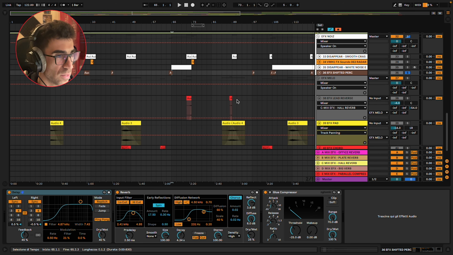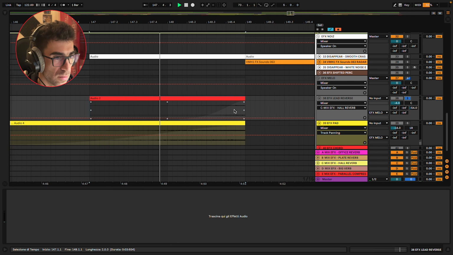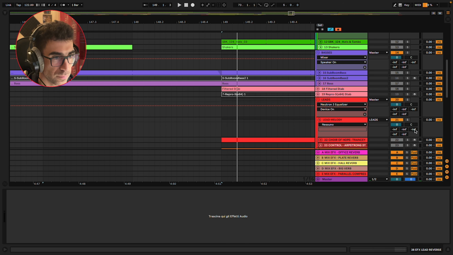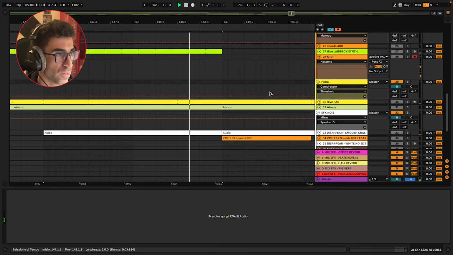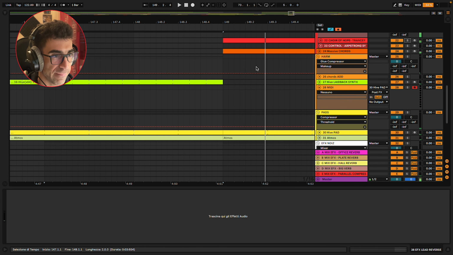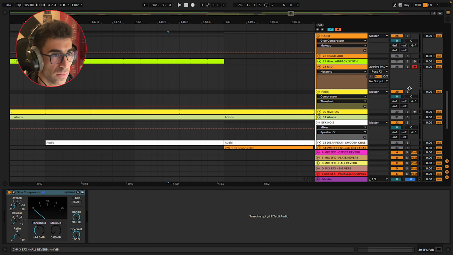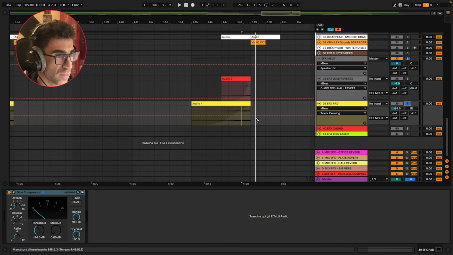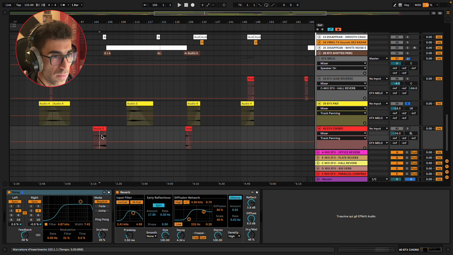I did basically the same thing also for this reverse lead sound, that is basically just introducing the lead. Same thing for this reverse pad, and once again for the chords.